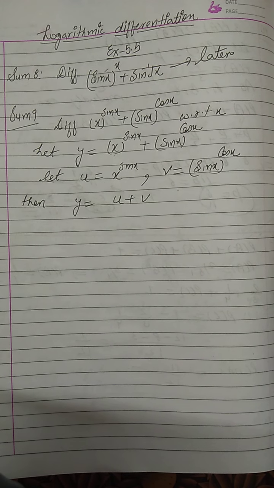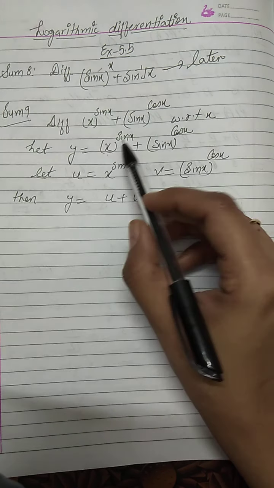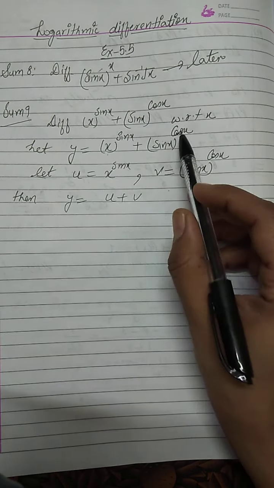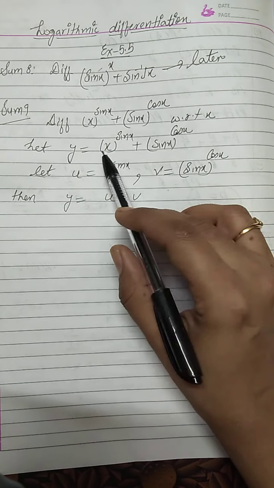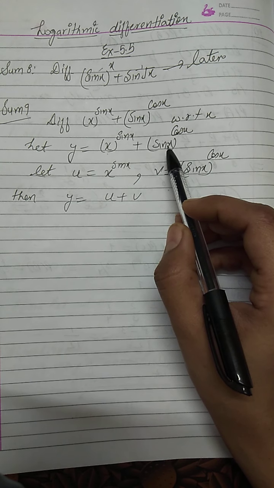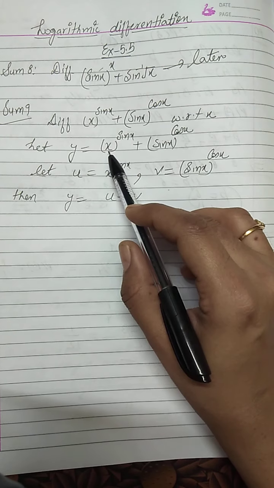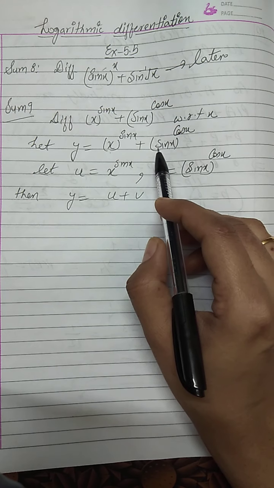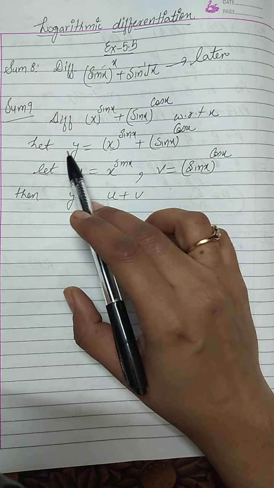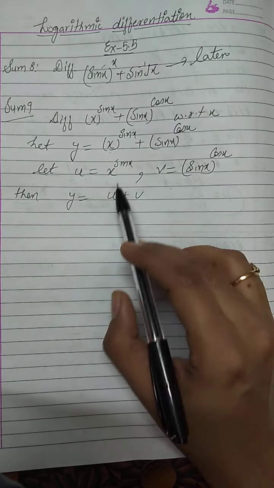Now we have discussed this many times, why we are considering these two functions as u and v. Since we have variable power functions, I cannot apply the power rule here, but we will differentiate both functions with the help of the logarithmic technique. That means first taking log, applying the log rule, and then differentiating. But since I have a sum of two functions, we cannot apply log directly. I cannot say log y equals log of this function plus this. There is no such rule.